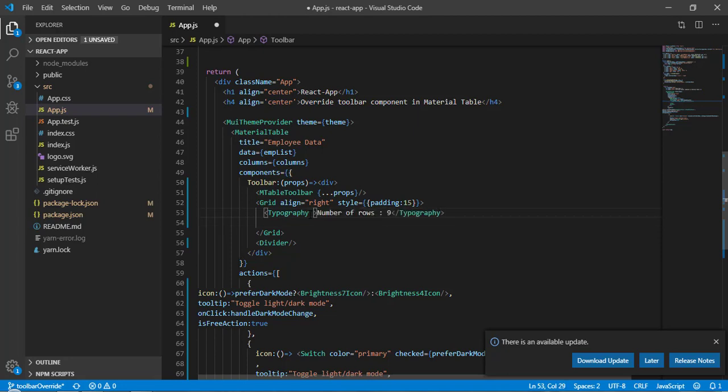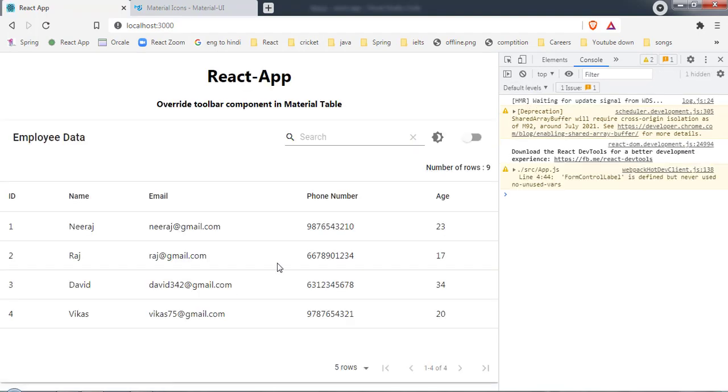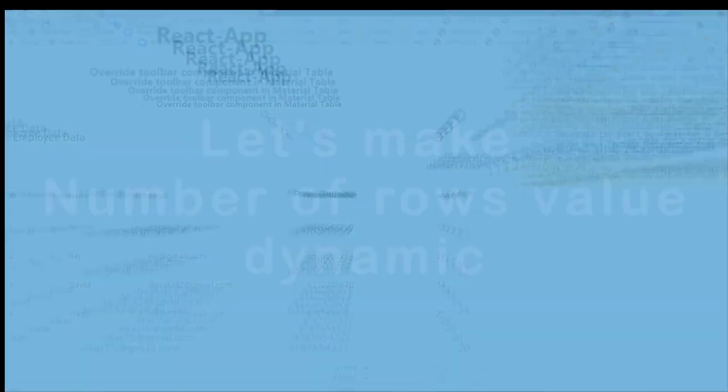And here we have to define a variant. In the variant I will pass subtitle2. Now save it, and let's come back here. As you can see, number of rows 9, and it looks perfect, isn't it?